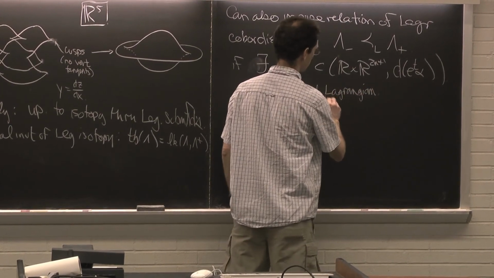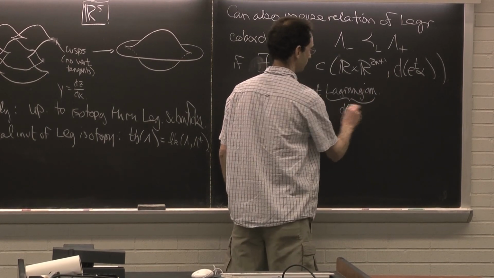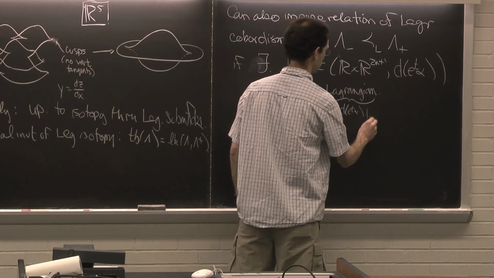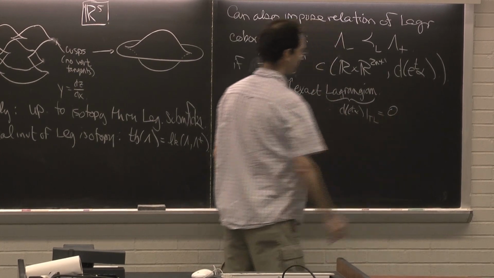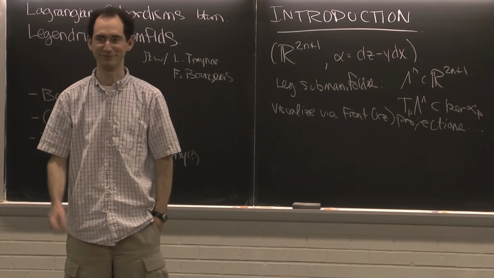The Lagrangian condition, of course, just means that if we take the symplectic form and restrict it to the tangent bundle of the Lagrangian, it vanishes. Exact, well, if you know what it means, great. If you don't know what it means, it's not really going to come up in any detailed way for the